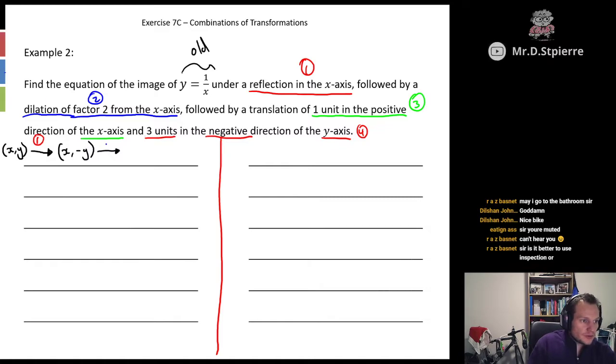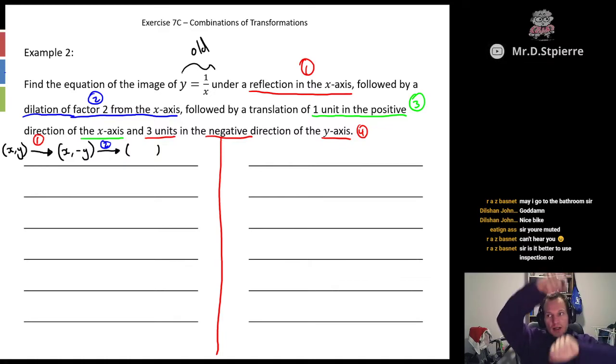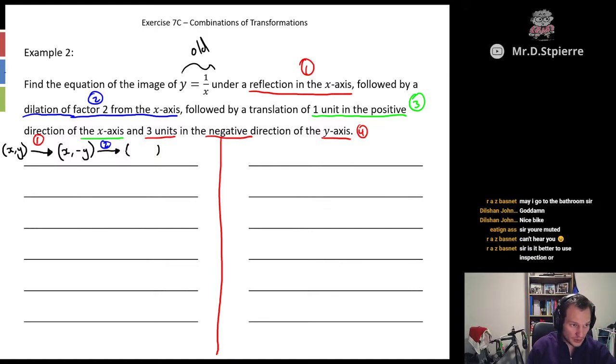Now we'll do transformation 2. So we're dilating by a factor of 2 from the x-axis. That means we're stretching away from the x-axis. That means it's actually changing our y values by a factor of 2. So we get x, 2 by negative y,